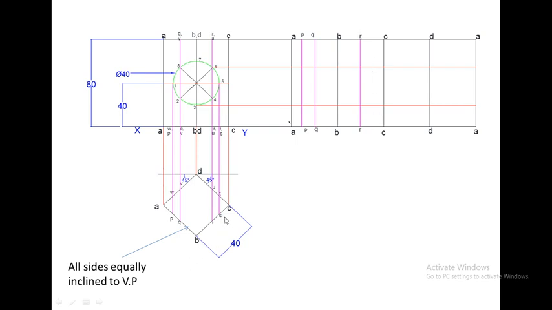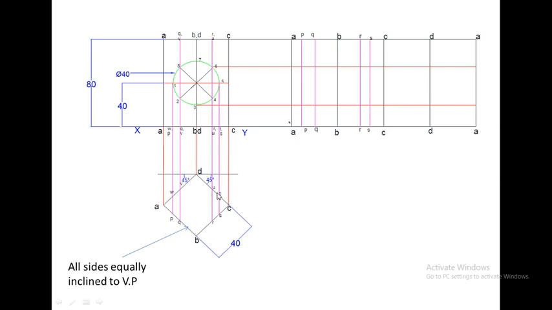Similarly, you have to mark point S also. So again take the distance on rounder from B to S. Place your rounder at point B and cut an arc in front of it and name it as S. Similarly, you have to mark the remaining edges also, T, U, V and W.